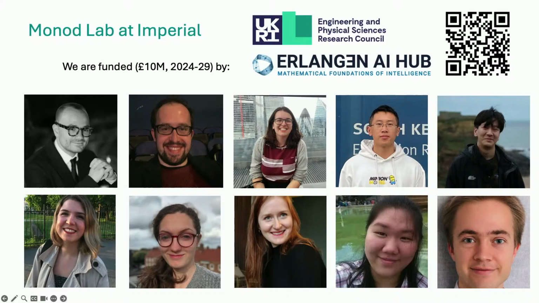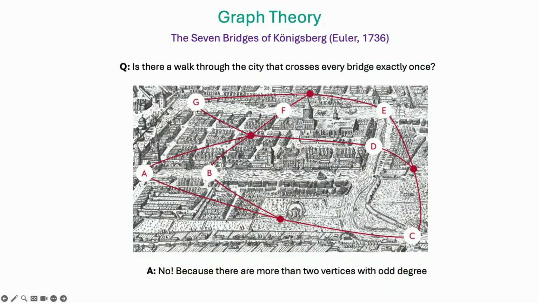So this is my fantastic group at Imperial. These are my PhD students and my postdocs. I also have master's students who are not included here. And we're funded by a £10 million grant from the UK government, which I won last year together with Michael Bronstein, one of the organizers of this conference who's not here today, and Jeff Jan-Siracusa, where we established a hub among 6 universities in the UK to study the mathematical and computational foundations of AI using exactly algebra, geometry, and topology. So, okay, that's what we do. Okay, so graph theory.